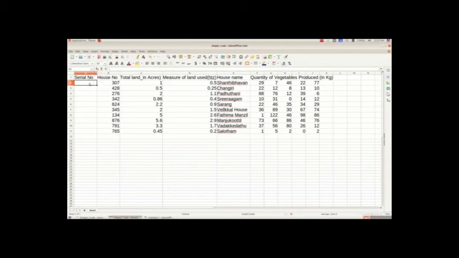For that, we are selecting the first number, and then we are typing the second number.